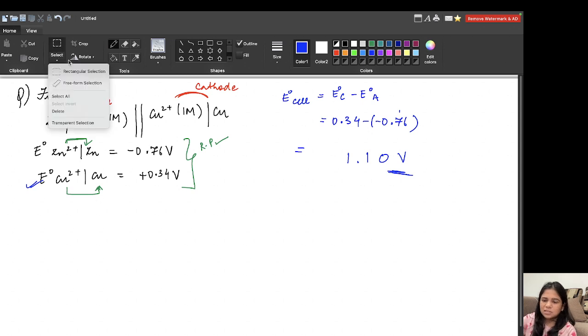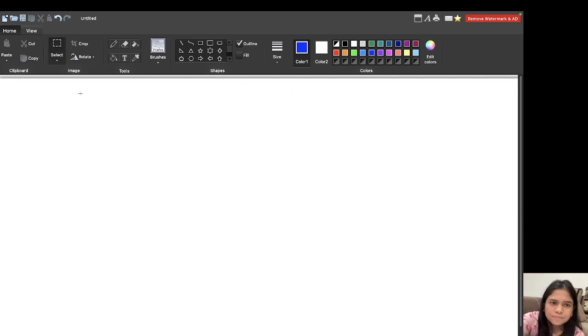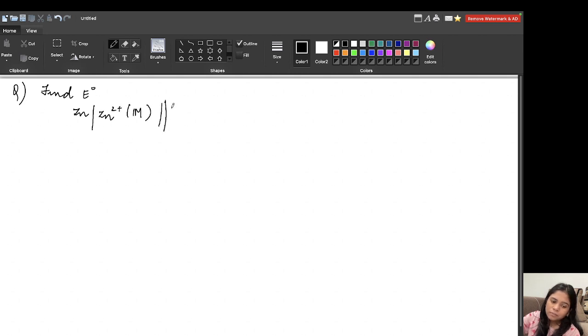Next question. Last question we'll do from this topic. This question is telling you, you have to find the E naught for this cell representation: Zn, Zn2+ 1M. And your E naught values are given as